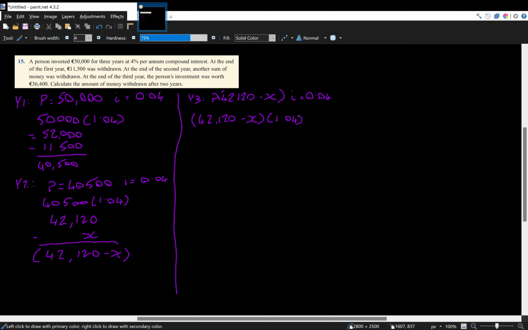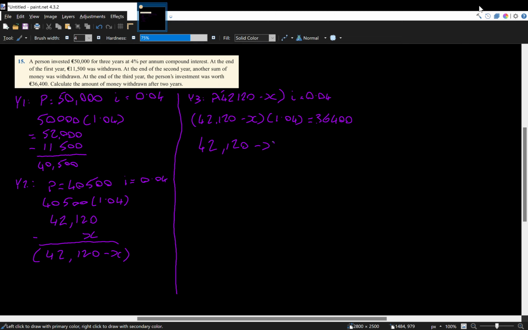But the question already tells us what that amount is equal to, because at the end of the third year, the person's investment was worth 36,400. So we can say this is equal to 36,400. If we divide both sides by 1.04 to get rid of the multiplication by 1.04 on the left, we get